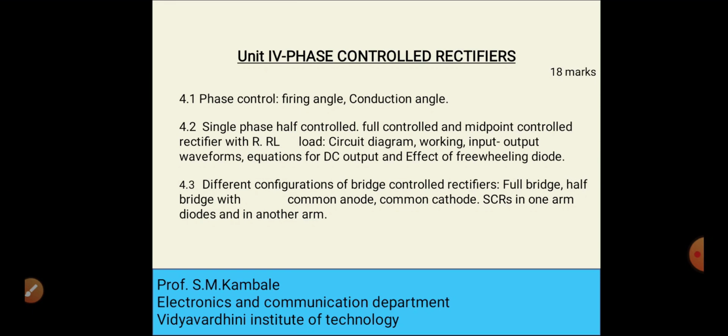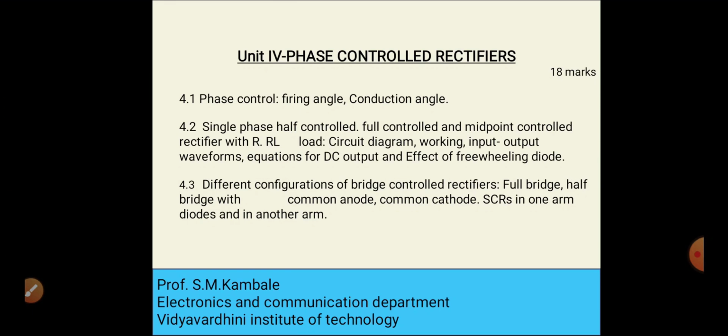These are related to the classification of rectifiers, that means half wave rectifier and full wave rectifier. If a single diode is used, then it is called a half wave rectifier. If two diodes are used, then it is called a center tap full wave rectifier. If four diodes are used, then it is called a bridge full wave rectifier. Similar to that, control rectifiers are also classified into half wave control rectifier and full wave control rectifier. Full wave control rectifier is again classified into midpoint configuration and bridge configuration.